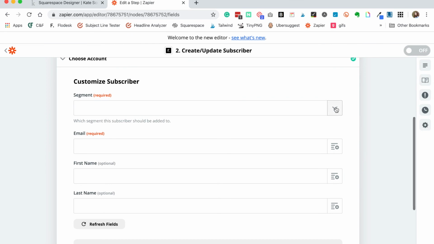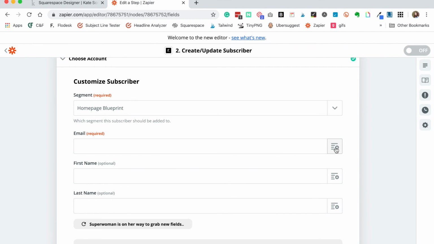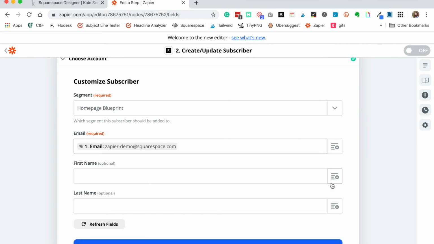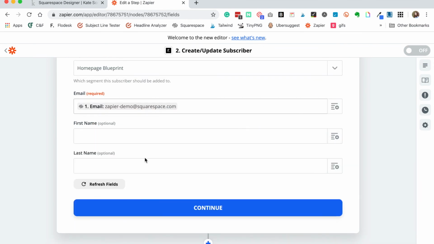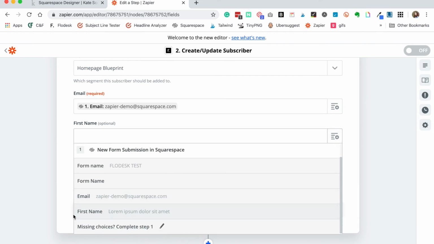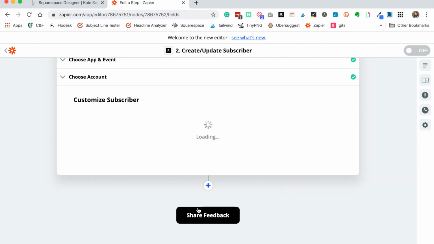And then you're going to select the segment that you want to add subscribers who signed up to this form, the segment that you want them added to. So I'm just going to choose a random segment that I have set up in Flodesk already. And then I'm going to select for the email field the Zapier demo at squarespace.com. Now you have the option to add the first and last name fields here. So I created this custom first name field right here. And once you set that up, you can click Continue,